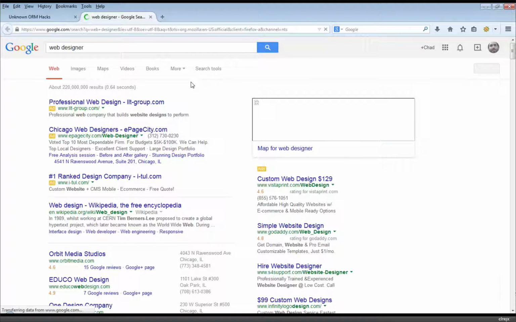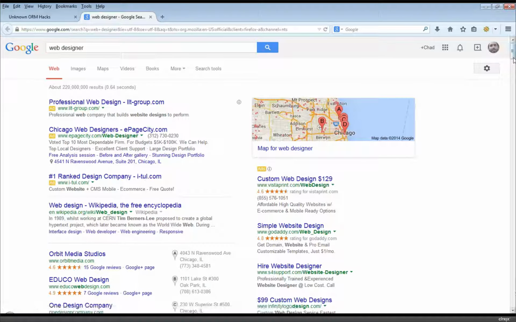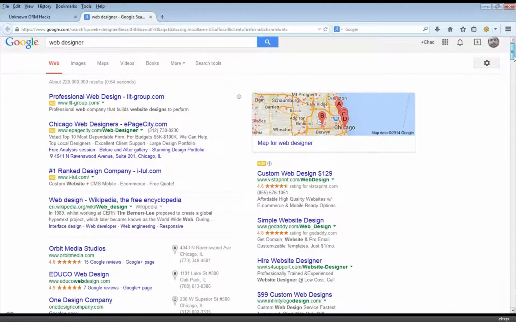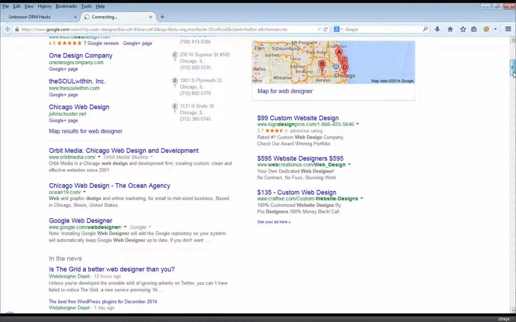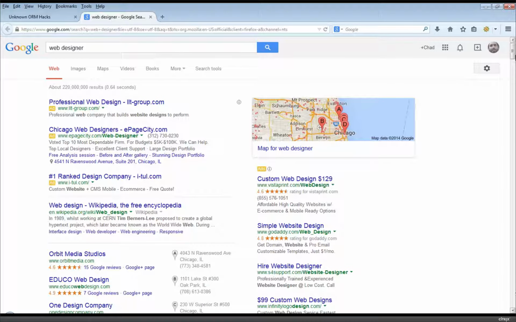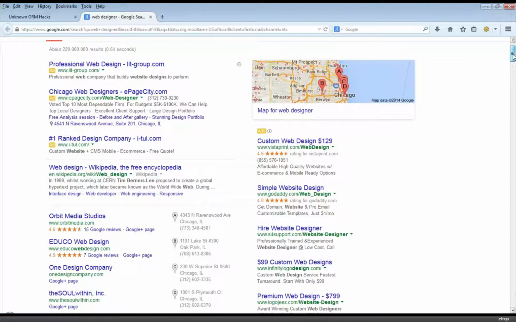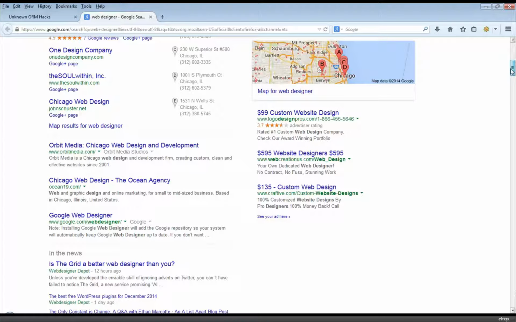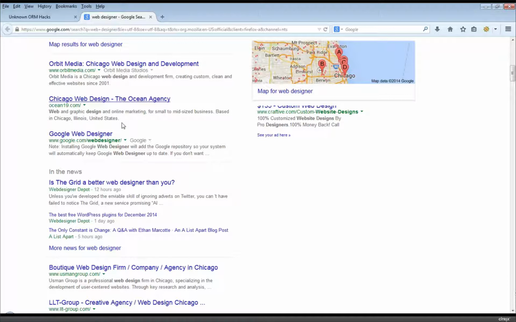Say we do a web search for web designer, and we've got all these results on the first page of Google. This is going to seem so simple to you, and actually is relatively simple once I explain it. There's some specific ways you need to set this up, but the way we get bad results to drop off the first page of Google: say you've got a bad result like this one. This is not a bad result, but say Chicago web design, we want this one to drop off the first page. What we basically do is we simulate